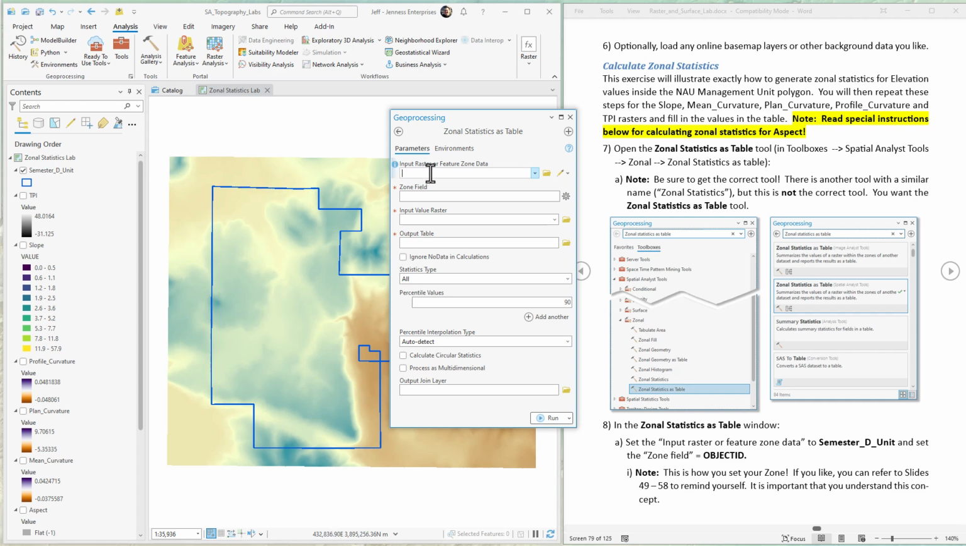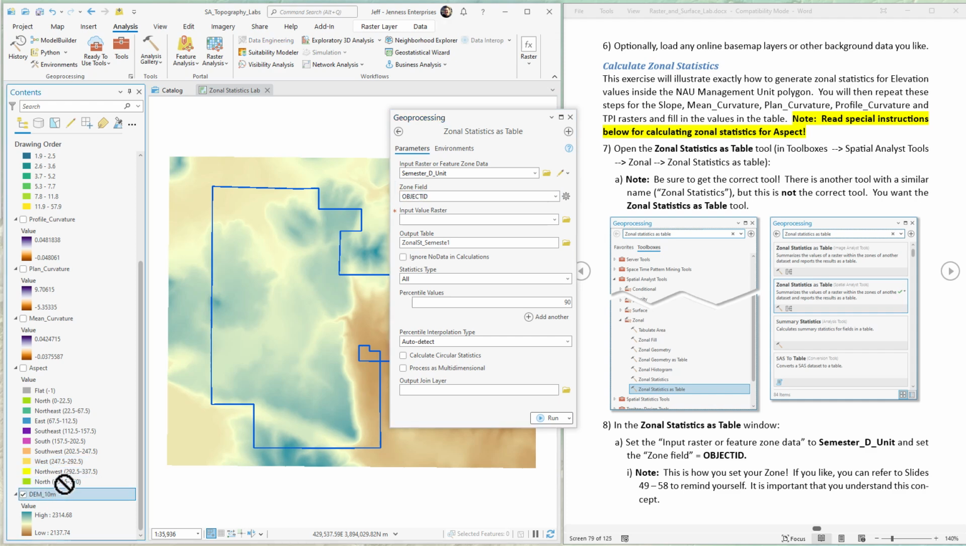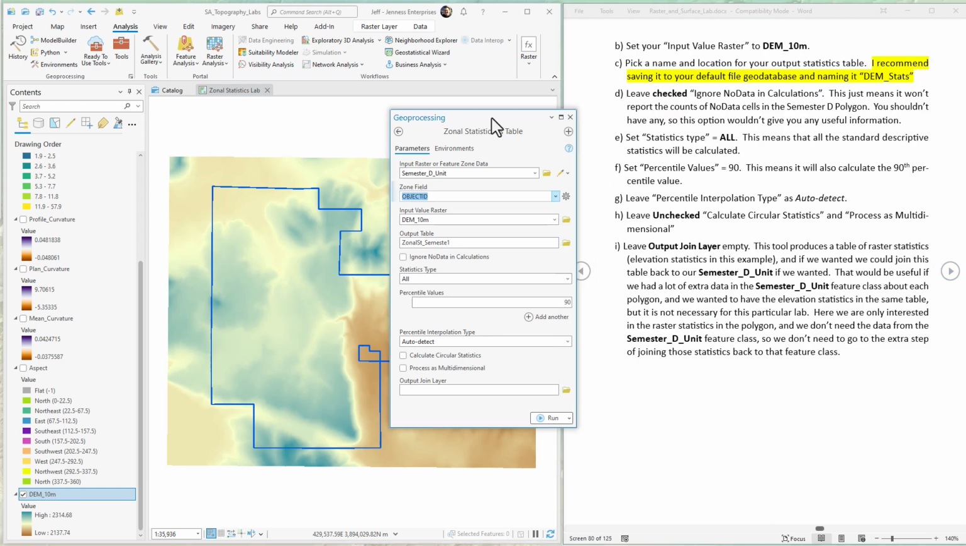So we start by setting the input raster feature zone. This is the data set that will define the zone, and we're using this blue outline as our management unit. That is our zone. So we put that layer in here. We're going to use the zone field as the object ID. And again, take a look at that first lecture video to understand what this zone field is and what zones are. It's really important. Okay, we're going to start with the DEM. We're going to get the elevation statistics within here. Just drag DEM into the value raster. We're going to name this data set, statistical table